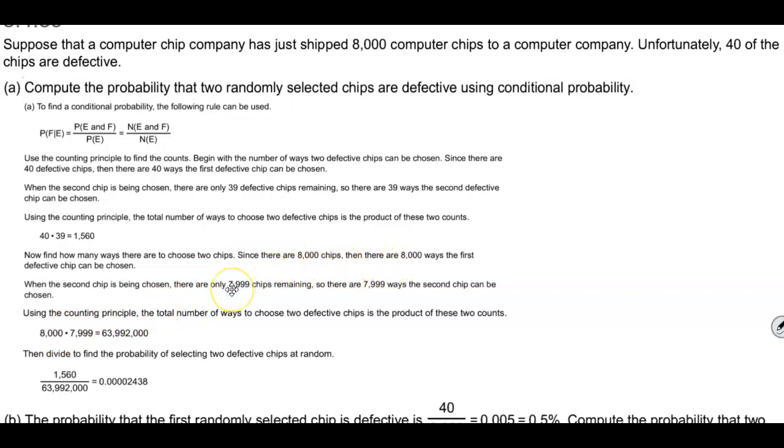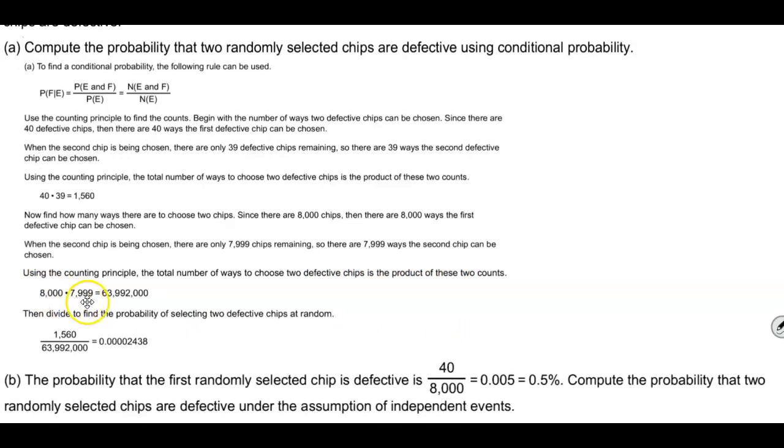Now we have 7,999 chips remaining. So that means that there are 7,999 ways the second chip can be chosen. Now again, using the counting principle, the total number of ways to choose two chips is the product of these two counts. So we take these two numbers and multiply to get